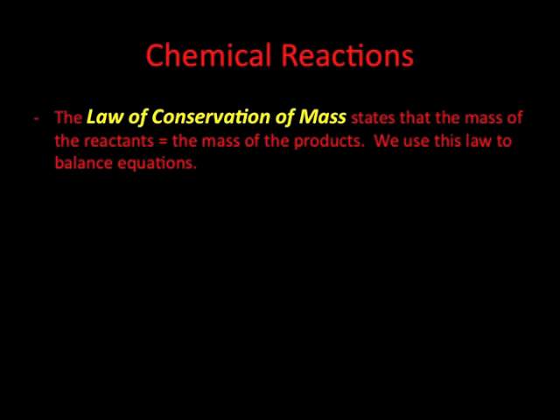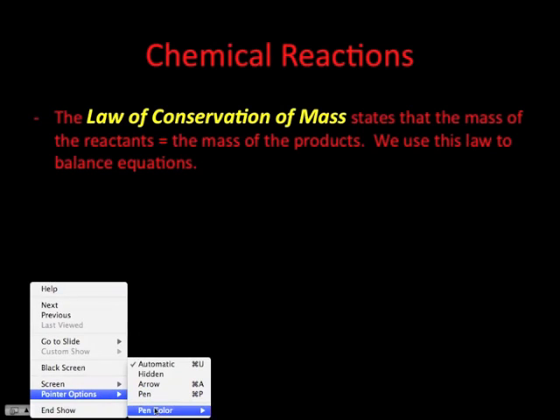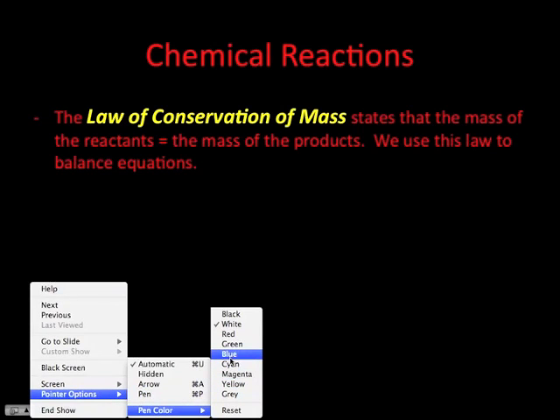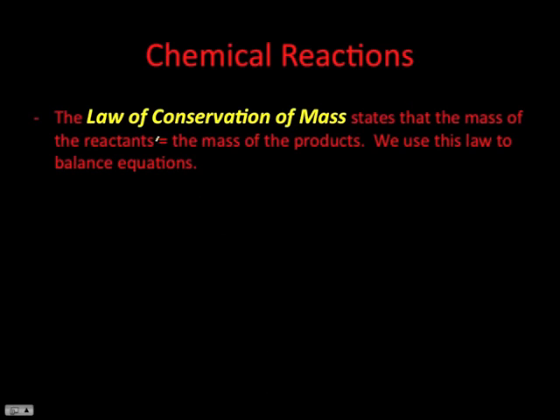They're just converted into different substances, or basically a new arrangement of atoms, and that's where we get what we call the law of conservation of mass. The law of conservation of mass states that the mass of the reactants is equal to the mass of the products. Well, what the heck does that mean? It means that however many atoms